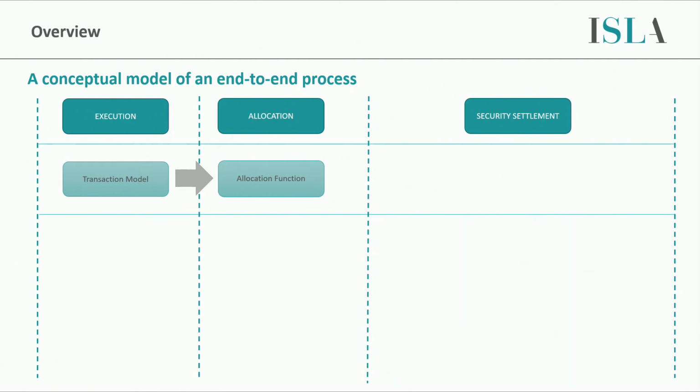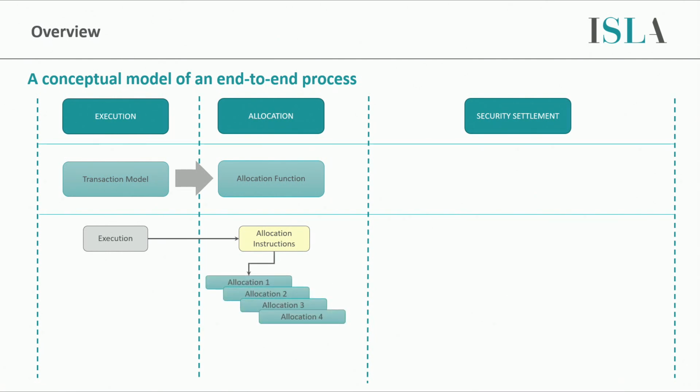Following the execution, the next lifecycle event for a securities lending transaction is allocation. The CDM provides a function that programmatically generates the required output for an allocation event. Given an execution, also known as a block trade, and an allocation instruction, which describes how the block trade should be split across multiple lenders, a set of allocations can be programmatically generated with accuracy and consistency through the post-trade lifecycle.